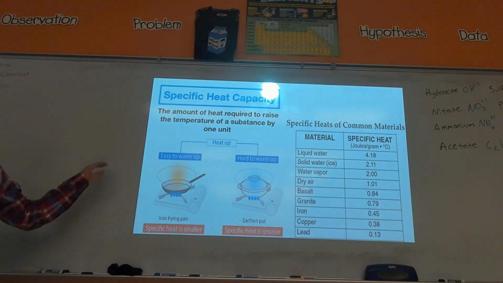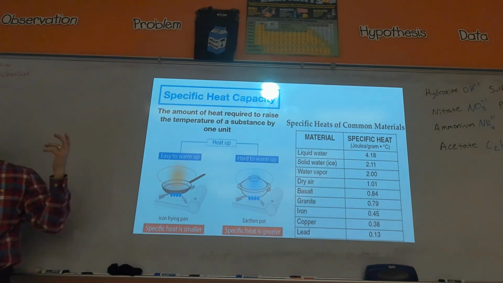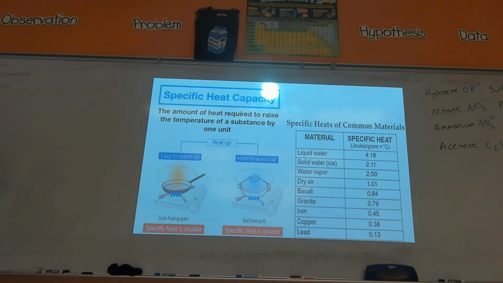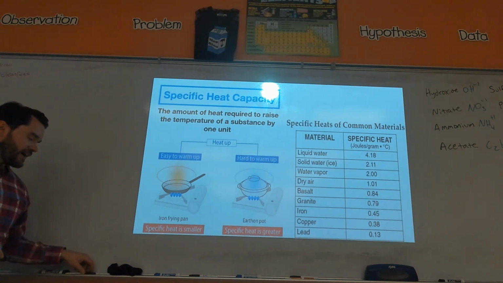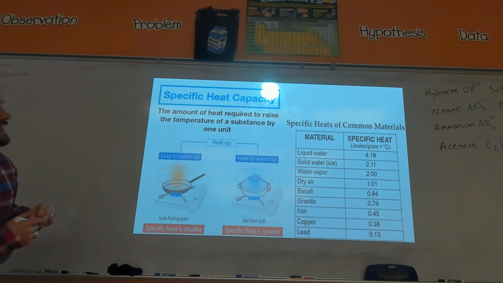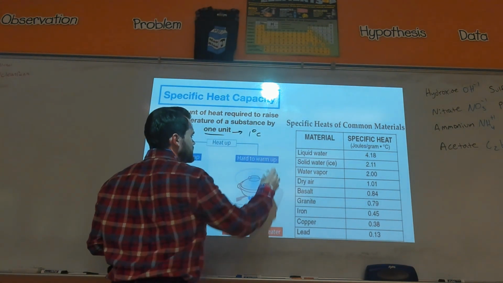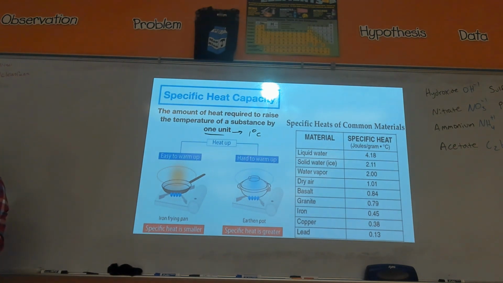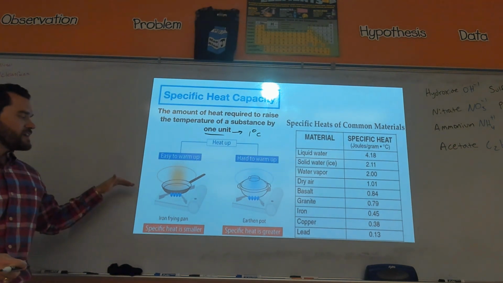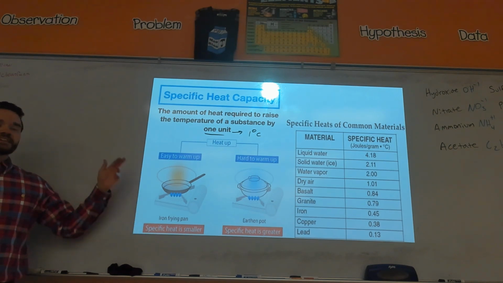Okay, so for calorimetry, specific heat capacity is defined as the amount of heat it takes to raise the temperature of a substance. And by substance, that could be water, air even, granite, metal, literally basically anything. To raise that by, they say, 1 unit. Now, in chemistry, for our purposes, when we're talking 1 unit, think 1 degree Celsius. Okay? And if something has a low specific heat, that means it's easy to warm up.